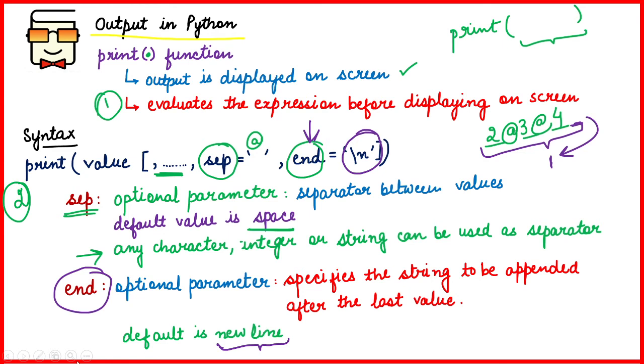Okay. So the sep argument tells you how to separate multiple values that you want to print, and the end argument tells you how to end the print line. If you want your print statement to end with an exclamation mark, you can add this exclamation mark in the end argument of the print statement, and your print statement would end with an exclamation mark. Okay, so that is how it is.